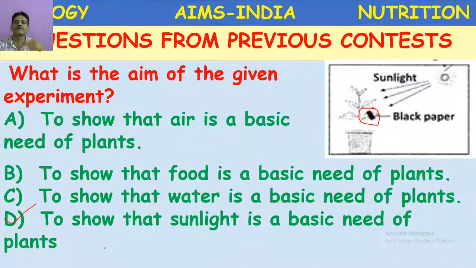When those bubbles are tested with a burning splinter, it glows, which indicates the gas released is oxygen. In this way, in your regular textbook with activities, the concept is explained. So I hope you understood the concept here, and many more concepts we are going to learn in this